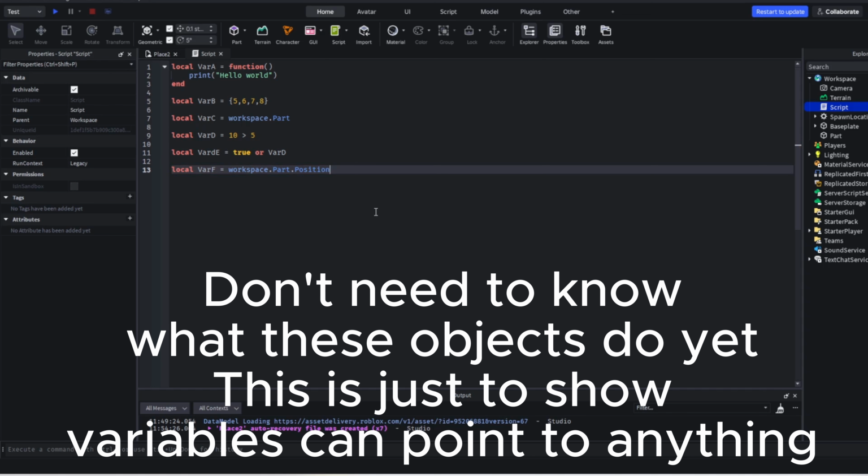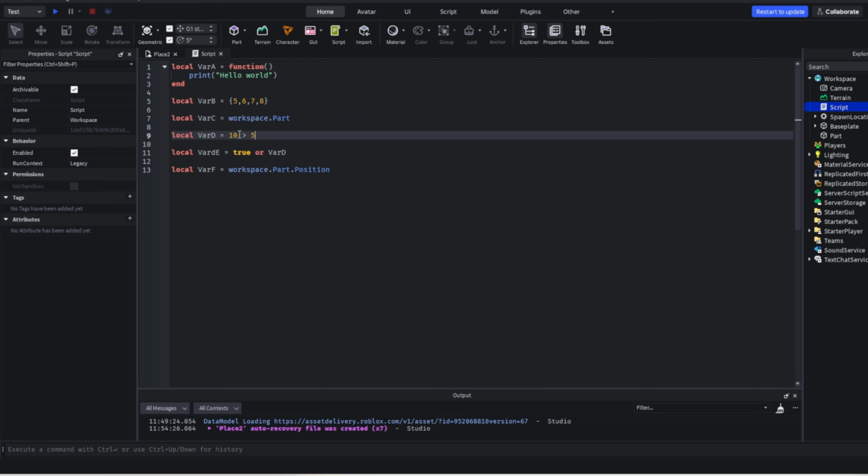Now this part, I want to show you that variables can point to everything. It can point to a function, tables, a part, obviously. It can even do booleans. You can literally do this stuff that you usually put in if statements. It will give you true or false. It will auto calculate for you, and you can even make it point to properties, which point to a Vector3